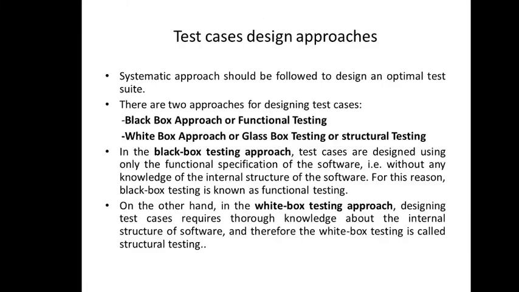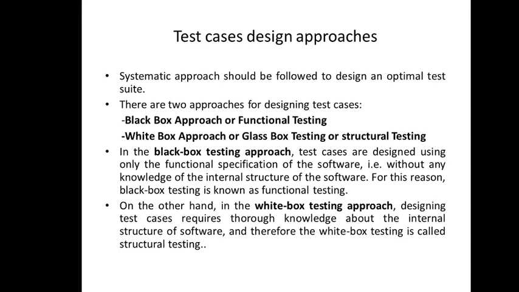Once he is satisfied, he makes the decision of accepting it. That is why there are two possibilities, whether to accept it or to reject it. So if he's satisfied, we call it acceptance testing. He is going to accept it. But if he's not satisfied, he might reject it or ask for the modification also, right? So these are the levels that we have already discussed in the first few lectures.